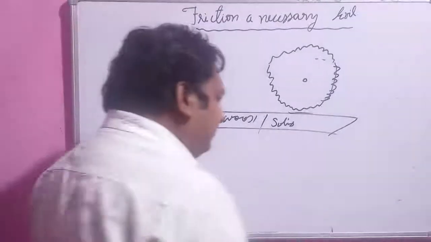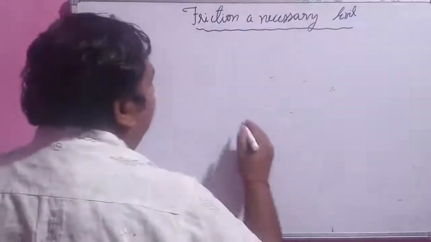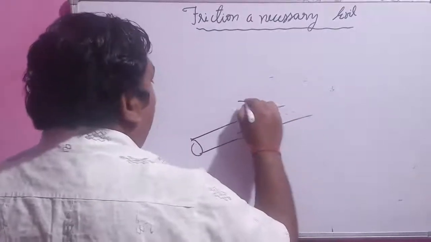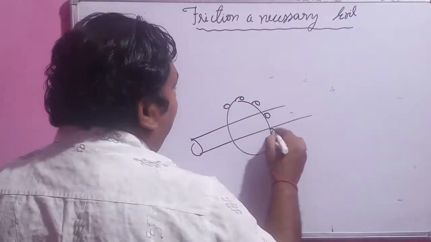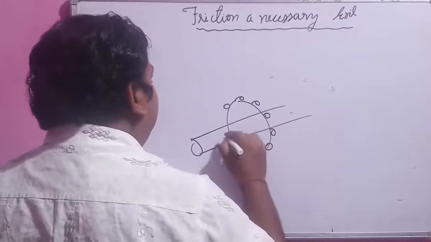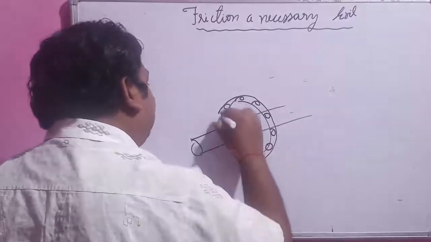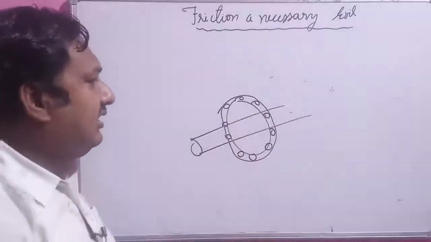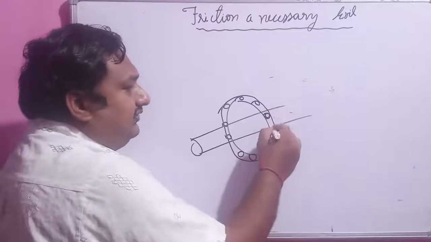Okay, now have you looked at your bicycle? Suppose this is the axle. On the axle there is a bearing placed, and what does this bearing do? This bearing minimizes the friction force. It has rollers, and this is called a roller bearing. So these rollers roll.